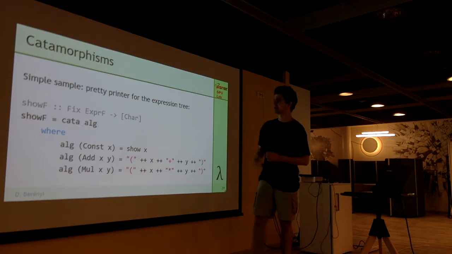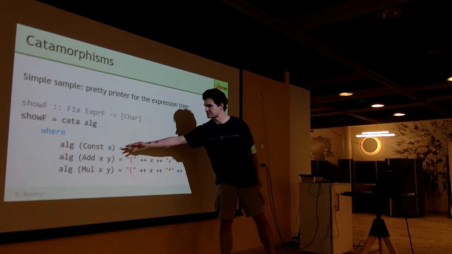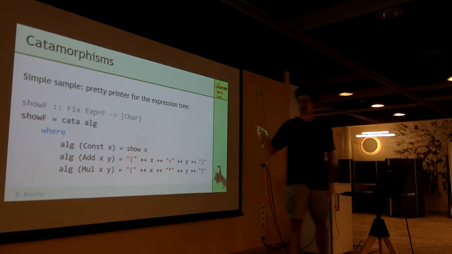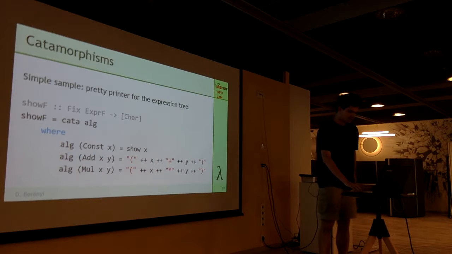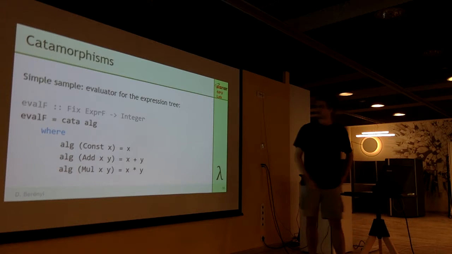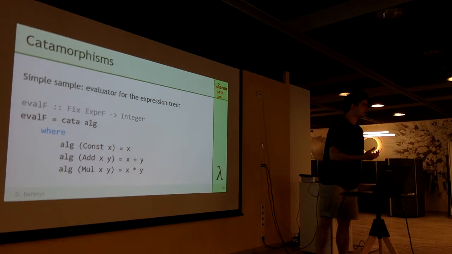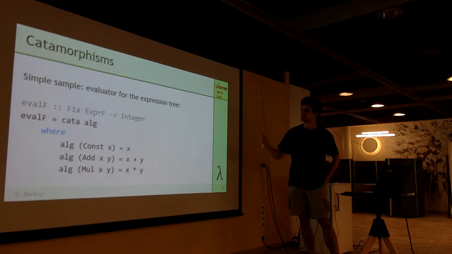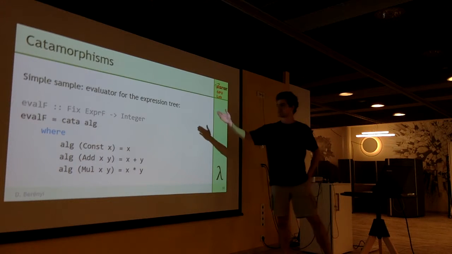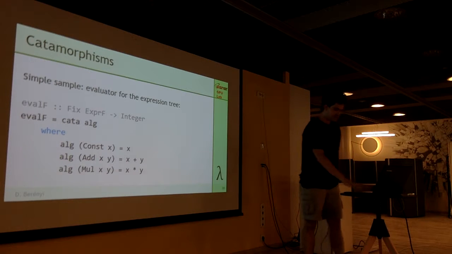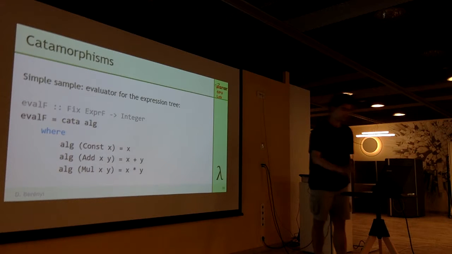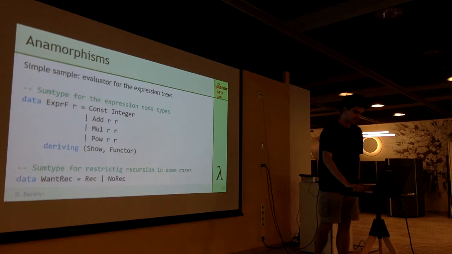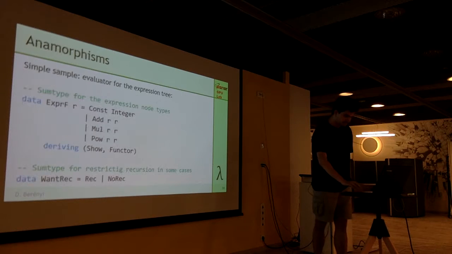Always keep in mind that this algebra always receives evaluated subterms. So this x and y would be just a list of characters, nothing of the functor structure is there beneath because it is already evaluated. And of course we can evaluate our expression tree and calculate all the additions and multiplications, and now everything will result in a simple integer. And really what we did is to factor out the recursion in these two cases, and we just had to write the logic once, logic for the different applications.